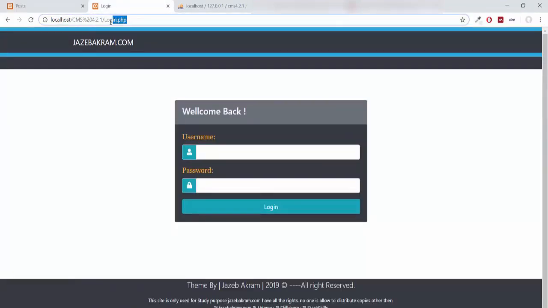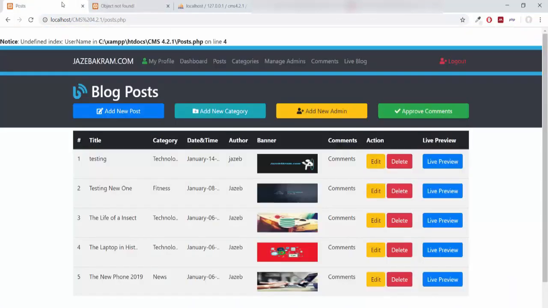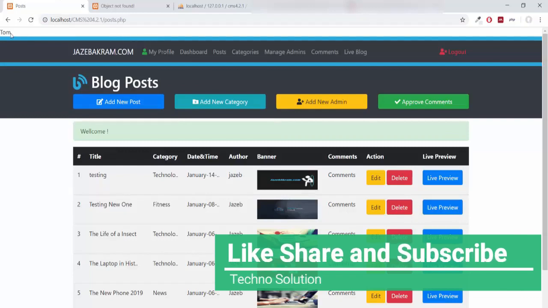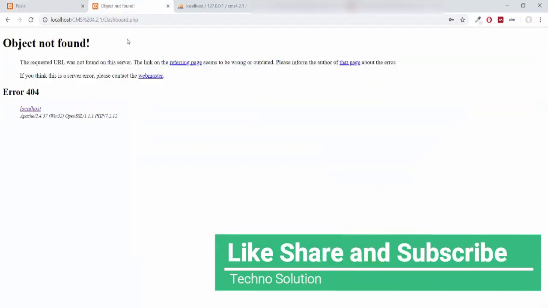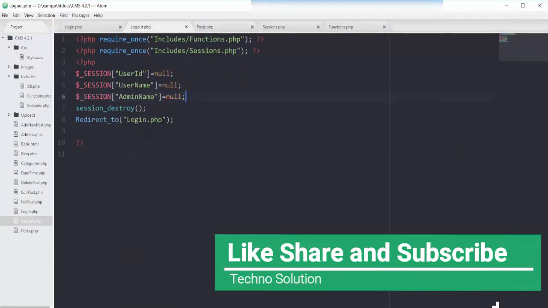If I log in again from the account of someone else like Tom, and just refresh this page of posts.php, you can see now I'm getting the message. So it means that our logout page is working completely fine. It makes all the sessions destroyed and the associated session variables null as well.